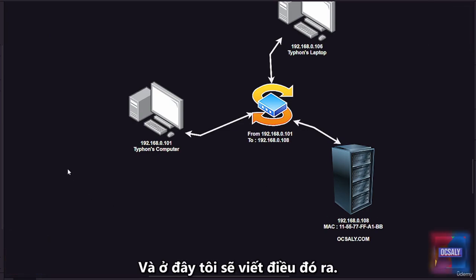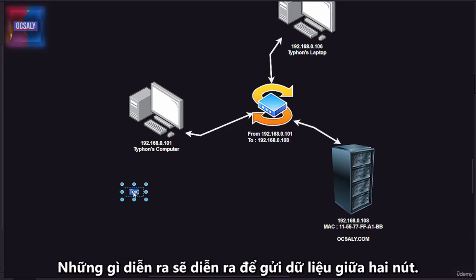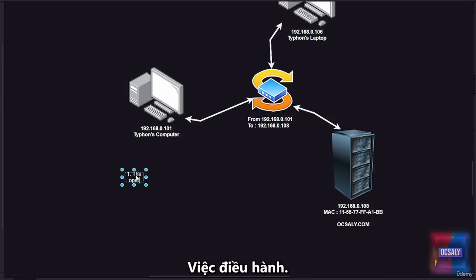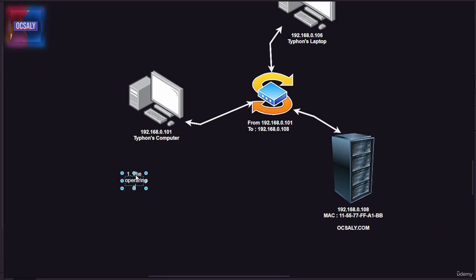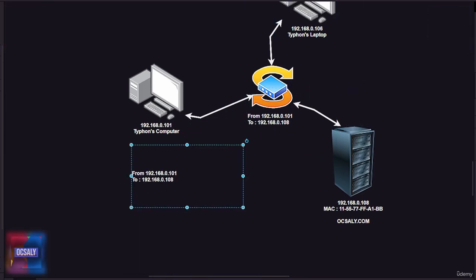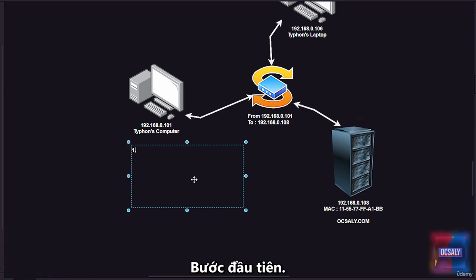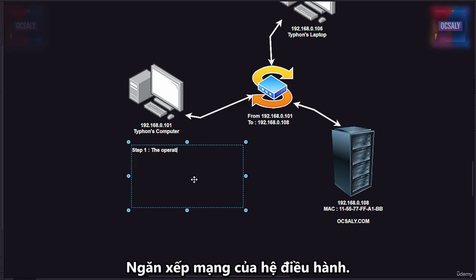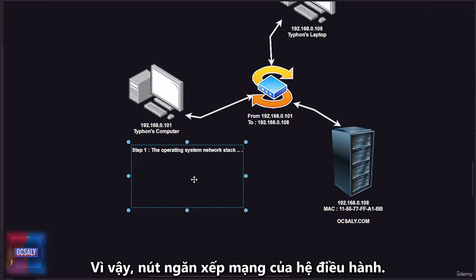And here I will write that down. What takes place to send the data between 2 nodes. The first step, step 1: the operating system network stack. So, the operating system network stack on the node